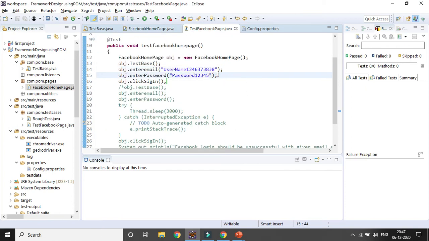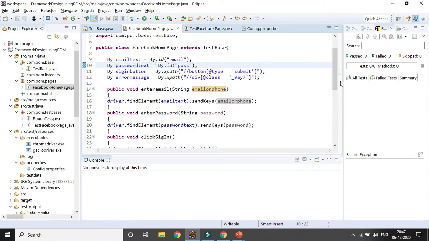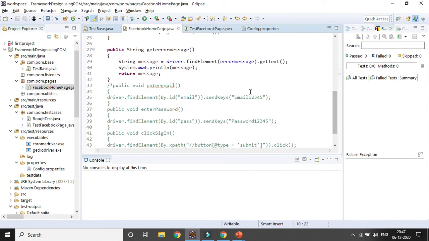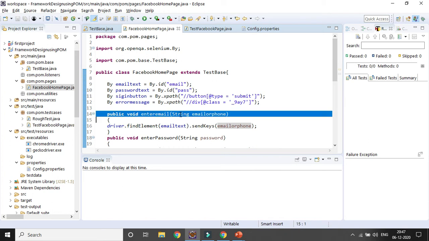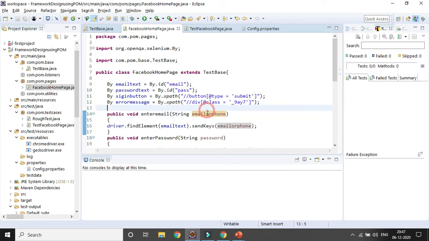This is not hard coded. Every time, in case I want to call it, I can change it, right? Previously it was hard coded, so I couldn't change any value because it was taking the hard coded value. But right now it is not taking the hard coded value. I have passed some parameters, whose data type is string, and this is the variable name, and here I am entering something.